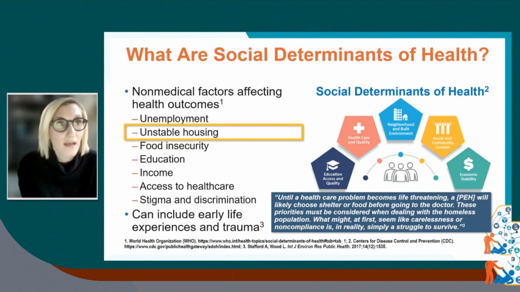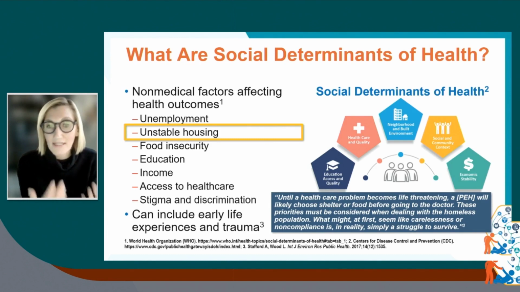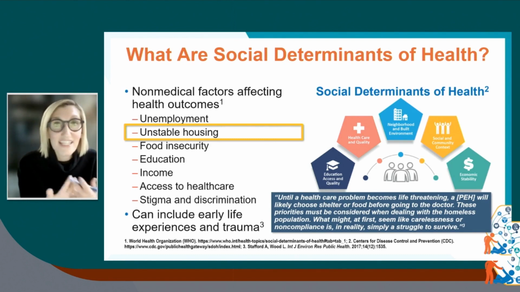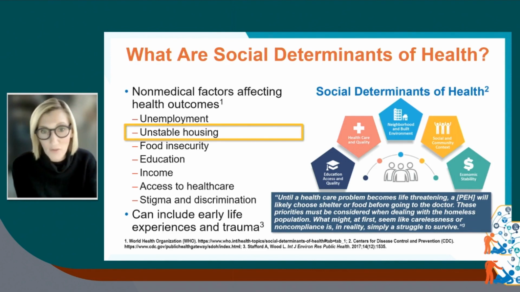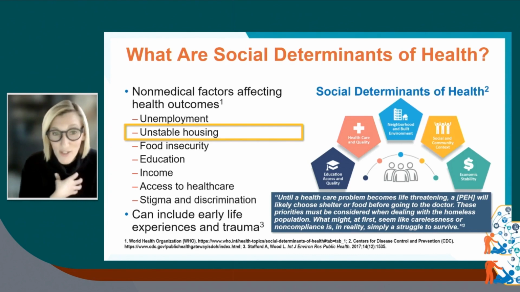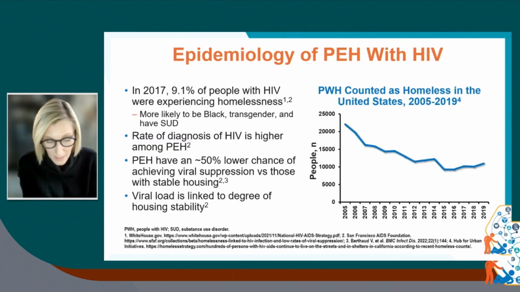And I think those of us that care for people who are experiencing homelessness, there is a hierarchy of survival. And as providers, the agenda or the to-do list that we may have for our patients, the priorities, may not be the same that the patient has for themselves. And really beginning to understand what is important to the patient, what is that hierarchy of need and survival, that is the ability then to unlock engagement in healthcare. And you can begin then eventually to work through your problem list as a provider once you address the needs that the patient may have.